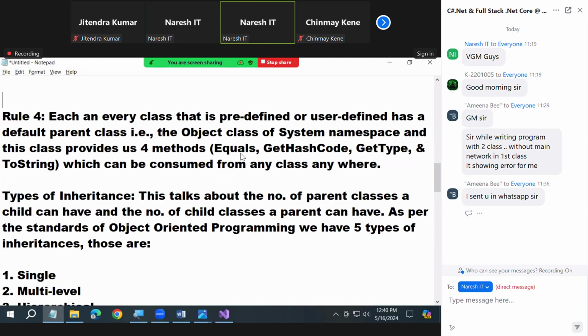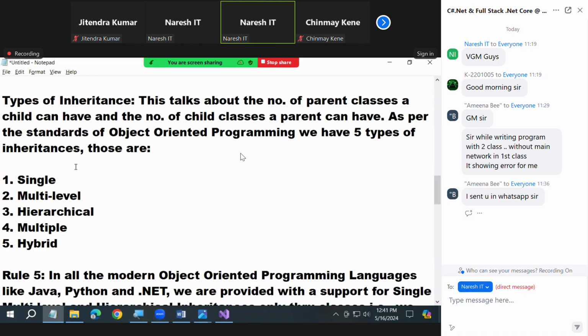Fourth. Got it? What is that? Every class will have a default parent class. Don't forget, this is a very, very important question in interviews. What is the default parent class? Object. And that provides you 4 methods. What are the 4? Equals, GetHashCode, GetType, ToString. You can call them from anywhere. Then I explained about